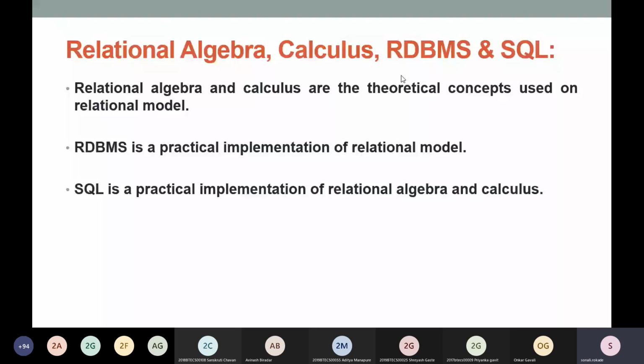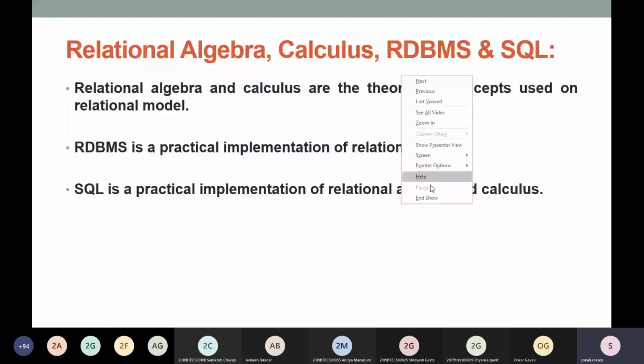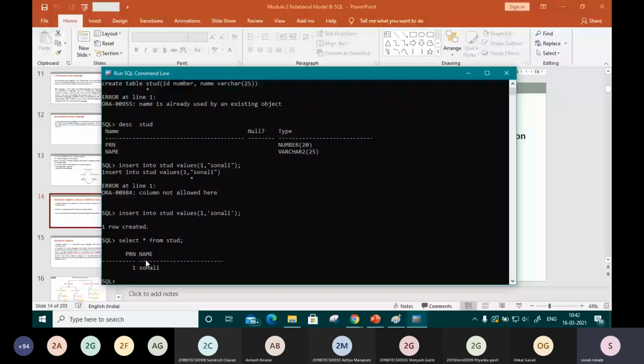The subsets of relations at the intermediate levels are also known as relations. So whatever result we have is also called a relation. Right now, here is the table, and this is called a subset of the relation student. Why? Because right now we have only one instance in that table, but suppose we had 131 records in that table and we retrieved only one tuple. This would also create a subset of the original relation.